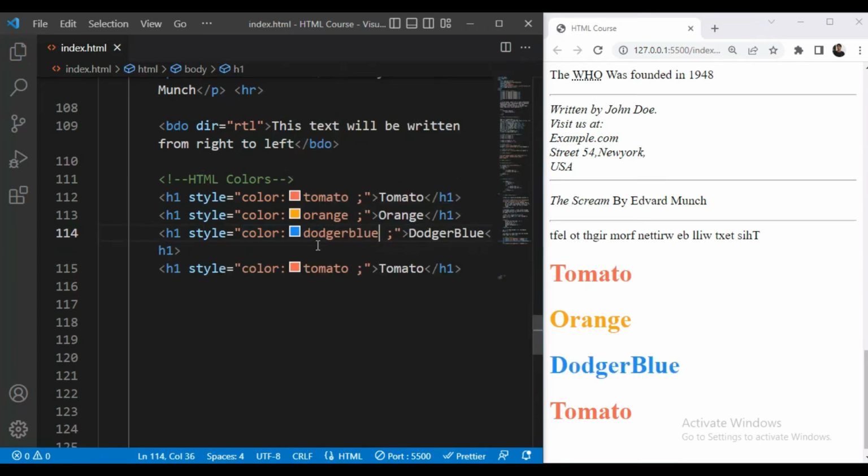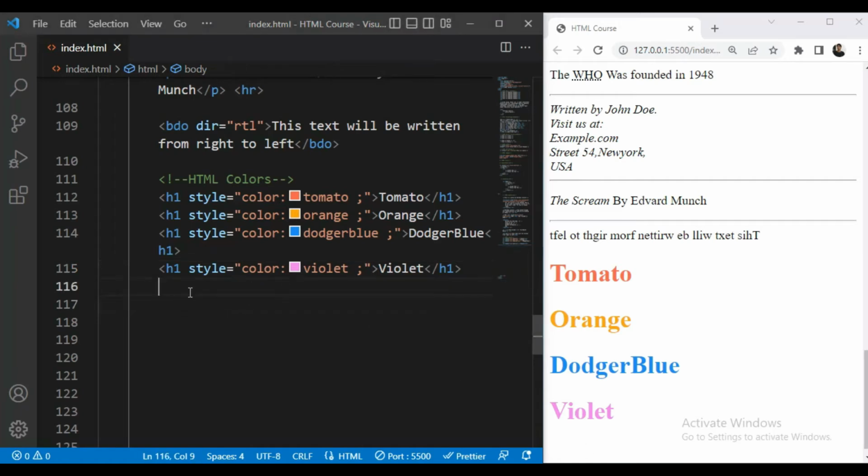Let's save this. Then we'll give violet, and the color will be violet. There are many colors, but we will see only a few examples.